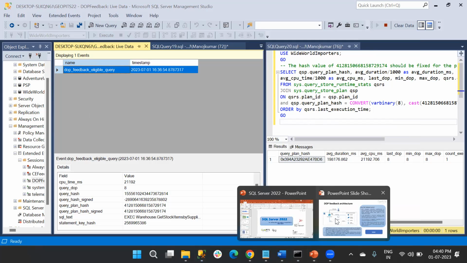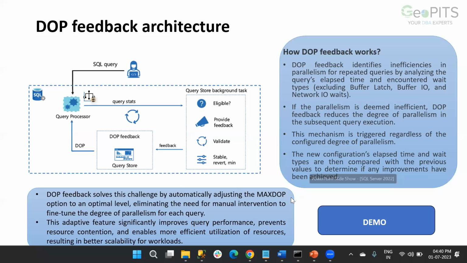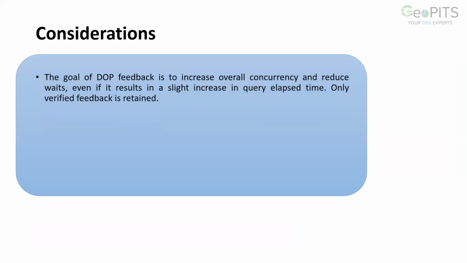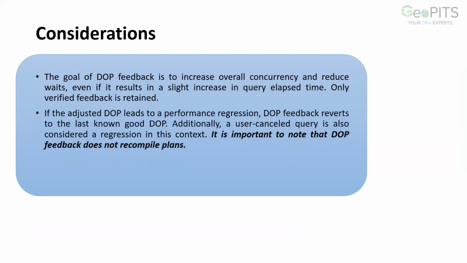All right, we will see that meanwhile the execution is happening. What do we need to consider for this DOP feedback? It is to increase the overall concurrency and reduce the waits. Increase the query elapsed time, only the verified feedback is retained. If it is not so, it won't. And if the adjusted DOP leads to performance regression,